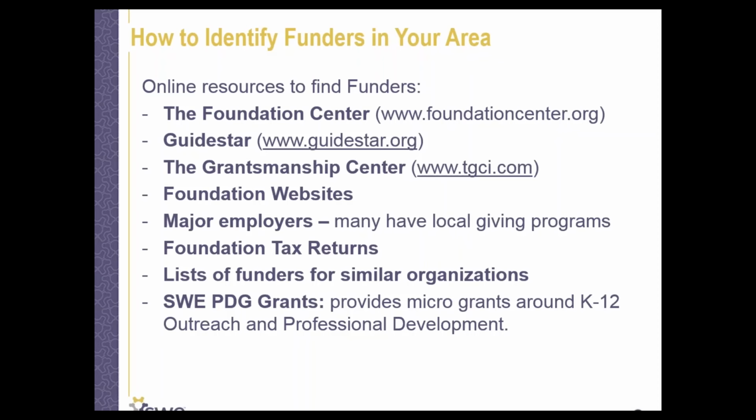Go to these foundations or local organizations' websites and look at who is supporting their programs. This can often be pulled from an annual report or a list of supporters on an organization's website. Go then to the first source of support for these organizations. If they list a number of companies or foundations, visit those companies and foundations' websites directly and see if there are giving priorities that match the work that you're doing.